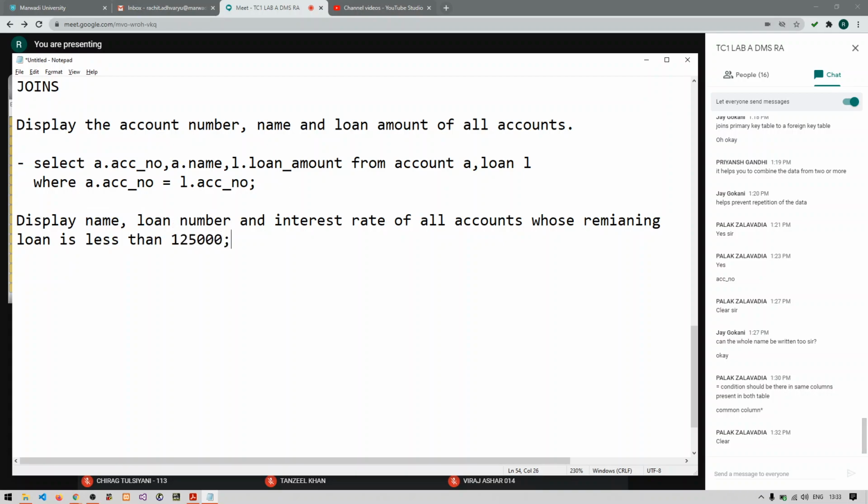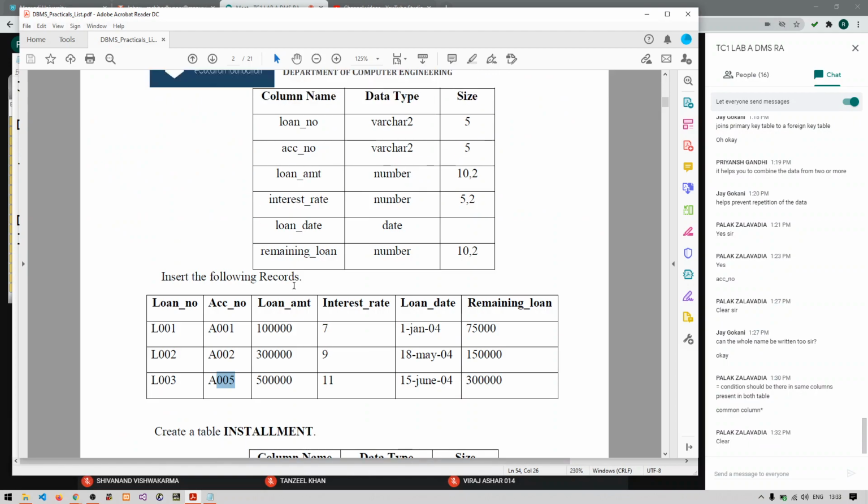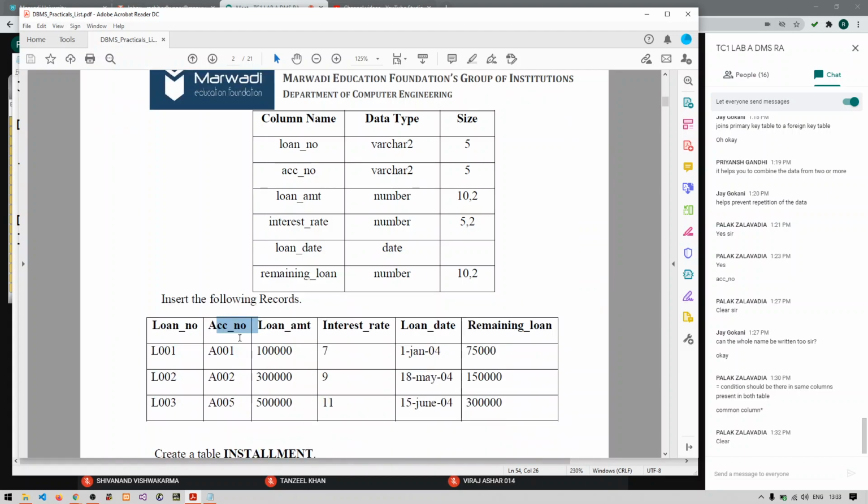Try to write down the answer of this. Display the name, loan number and interest rate of all accounts whose remaining loan is less than 1,25,000. You can refer to the columns: interest rate, remaining loan, loan number, acc_no, in the account and loan tables.